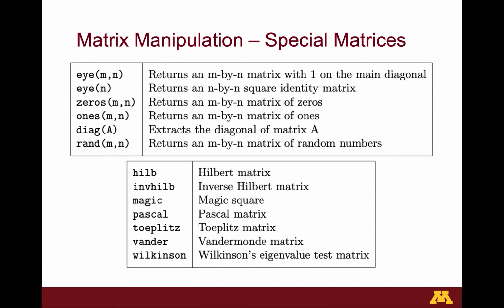And also you can extract the diagonal of a matrix in some matrix calculation. And also you can generate a matrix with random numbers. And some more specific matrix such as Hilbert matrix, inverse Hilbert matrix, magic square, etc. And feel free to try those and use help to